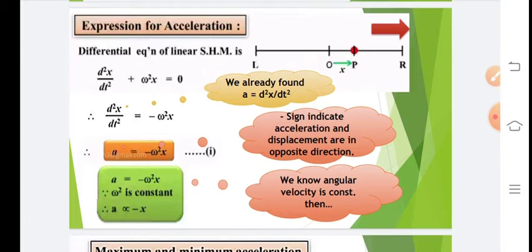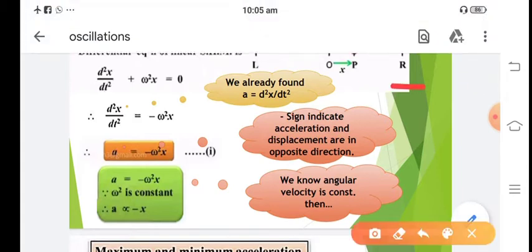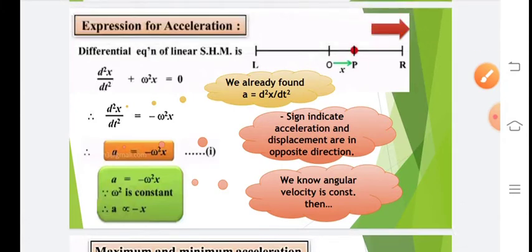This is the example. Suppose R is the right extreme position, L is the left extreme position, and O is the mean position, and this X represents the displacement of the object. Okay, so the differential equation is d square x upon dt square plus omega square x is equal to 0. So we already know that A is equal to d square x upon dt square. So d square x upon dt square is equal to minus omega square x, or A is equal to